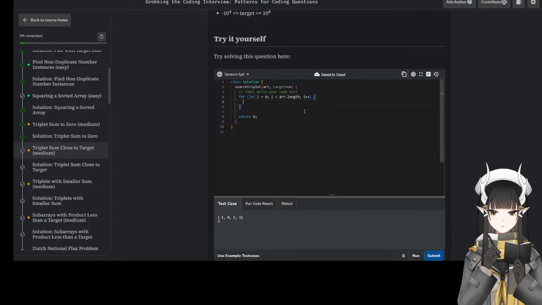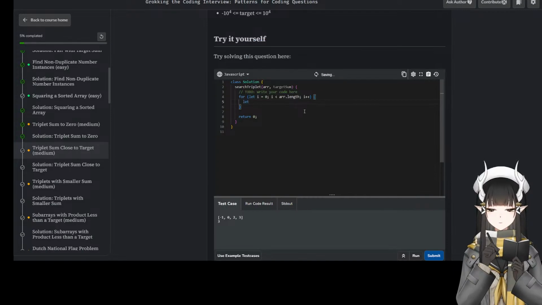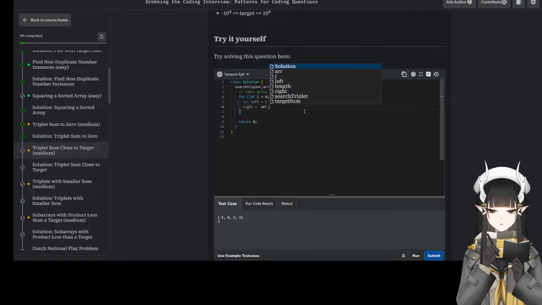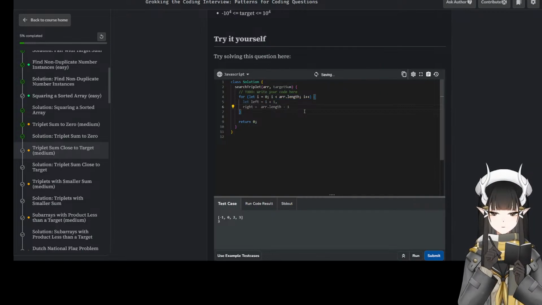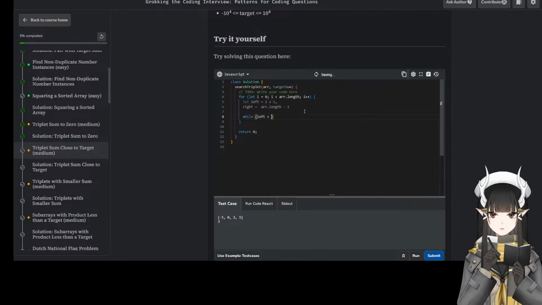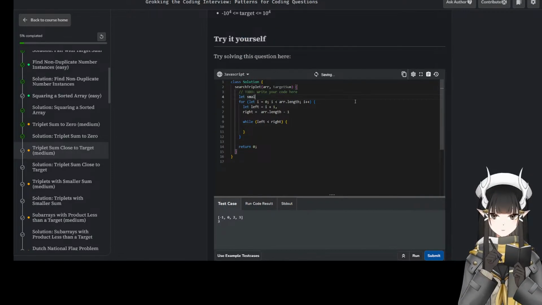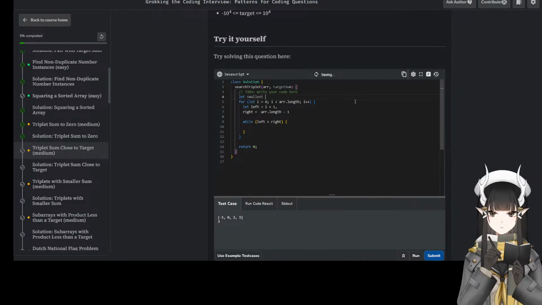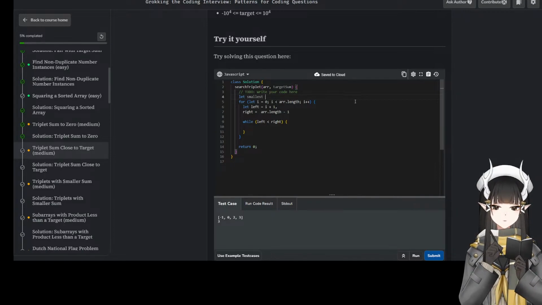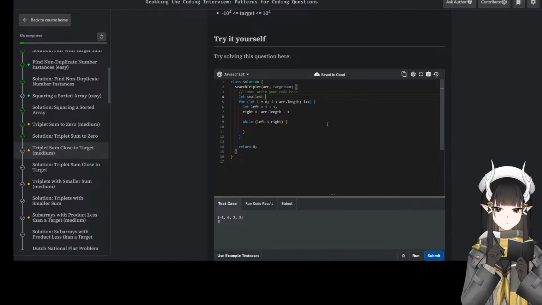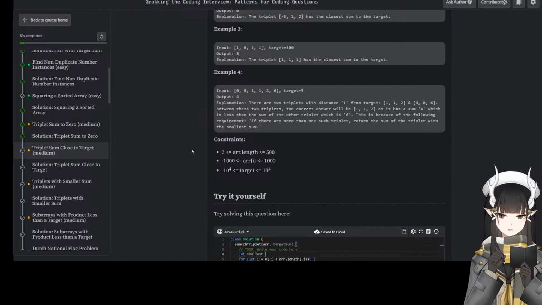So for each iteration, let left equal to i plus 1, and then right would be array.length minus 1, and while left is less than right. We need to set a smallest number.